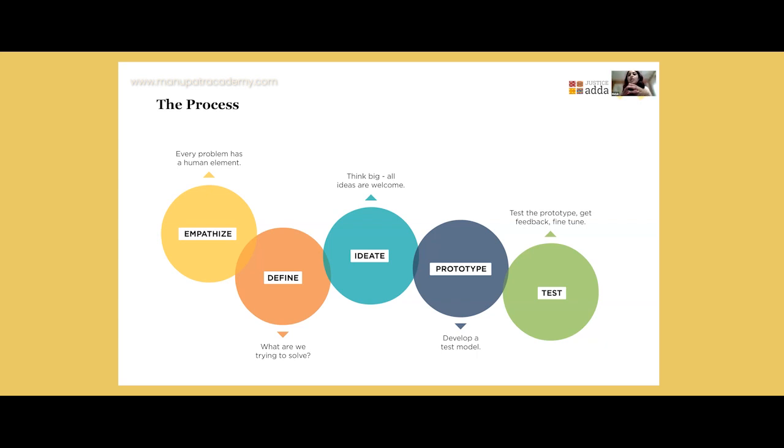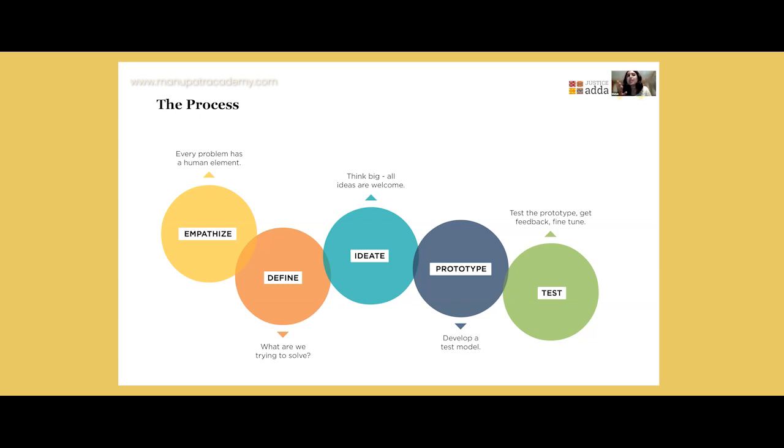The fourth part is prototyping. Again, extremely important and something that people often miss, because we come up with ideas and then we get so excited about it that we just want to execute it. But the idea of the design thinking process is to prototype it and see if it actually works, if the users actually respond to it, or is it similar to the path that I showed, where we may have developed it a certain way, but the user experience is entirely different. That's what a prototype can do for us. And the last part is to test the prototype so that you can get some feedback on it and fine-tune the process itself. So that's what the process really looks like.